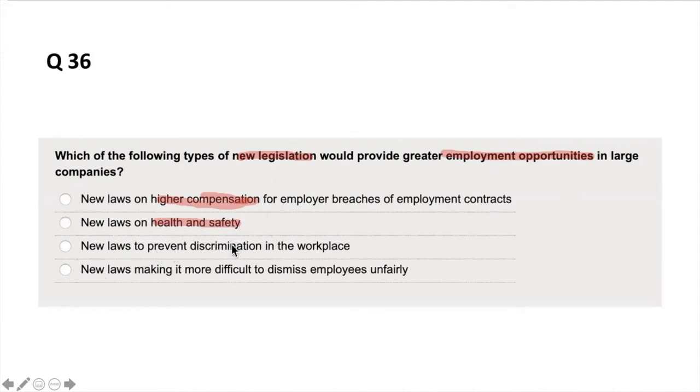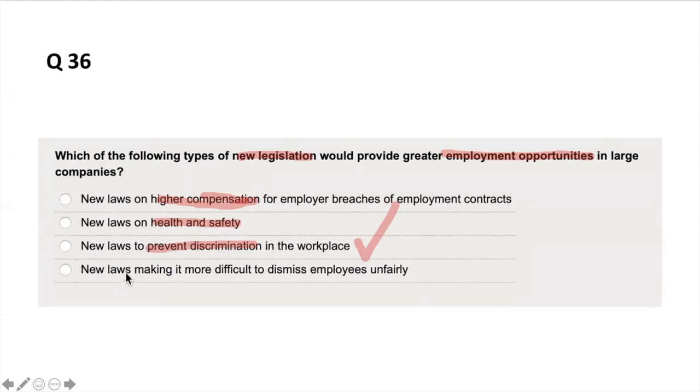New laws to prevent discrimination in the workplace. This is actually quite good, because if you try to say that you're an equal opportunity employer that, of course, is open, transparent, and respects minorities and everything. So these laws that prevent discrimination would open up the possibility for people to apply, thus creating many more employment opportunities. So this one here is quite good. If you're open to hire anyone and you're not discriminating, that would probably help people apply more and will provide more opportunity for companies to recruit more people.